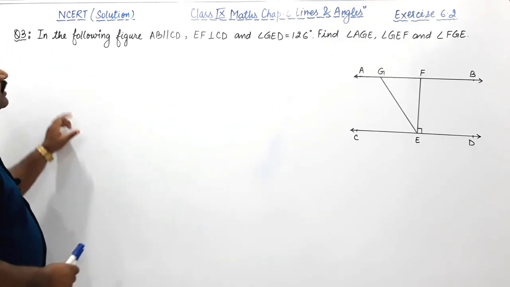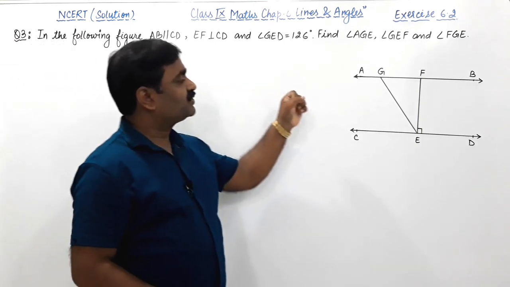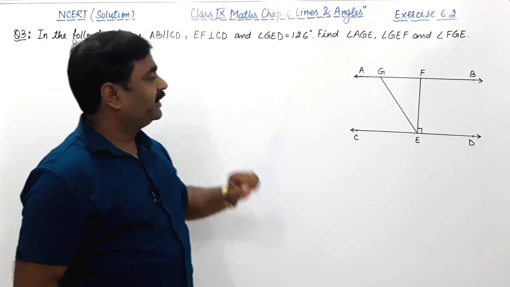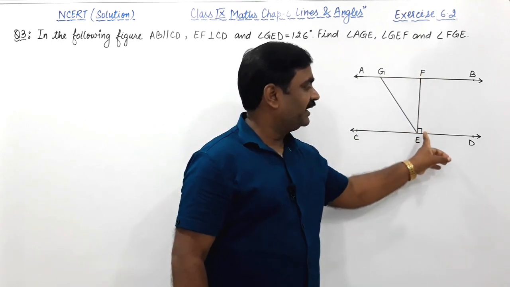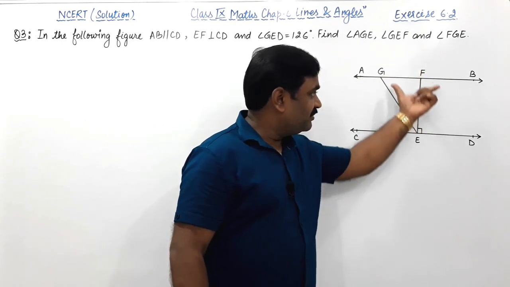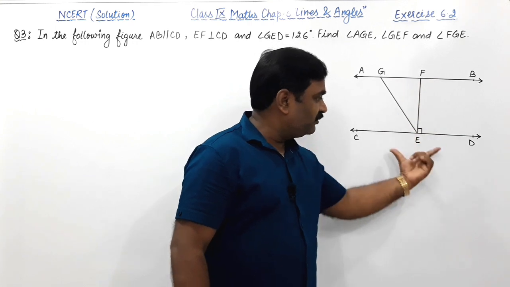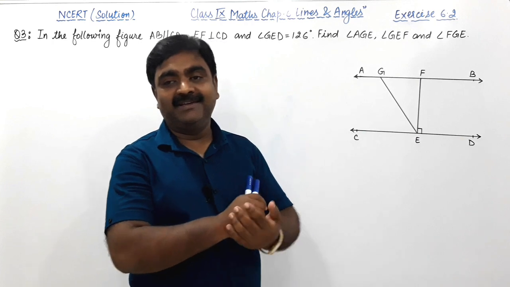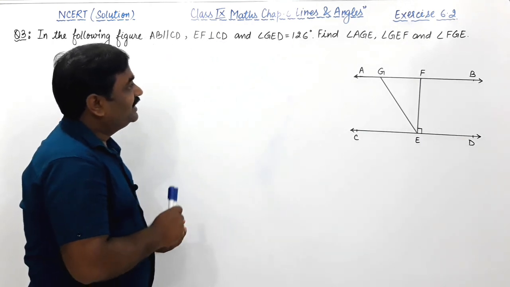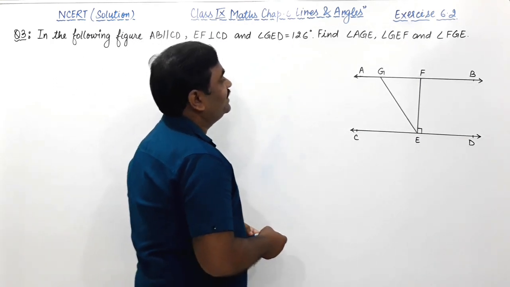Just see it. In the following figure, AB is parallel to CD and EF is perpendicular on CD. This AB is parallel to CD, this line EF is perpendicular on CD. Since AB is parallel to CD and EF is perpendicular on CD, this EF will also be perpendicular on AB. Understood? Okay. Then it is given, if measure angle GED,